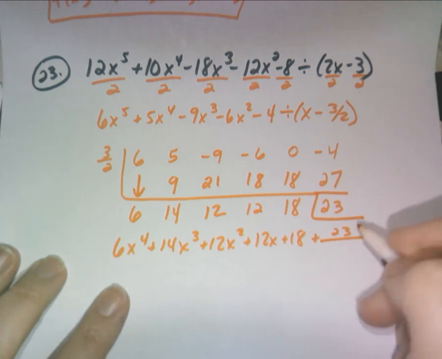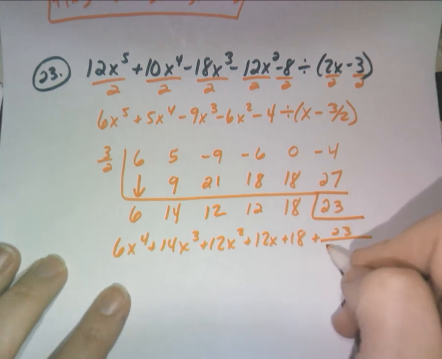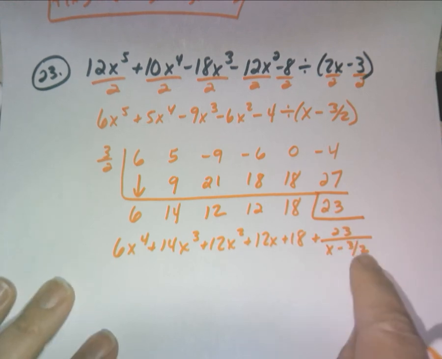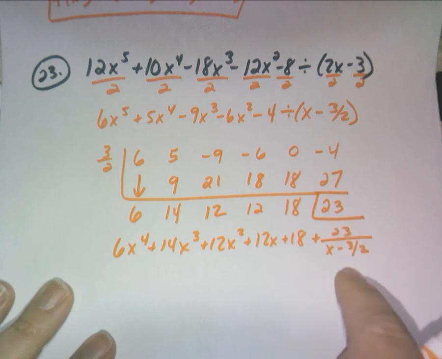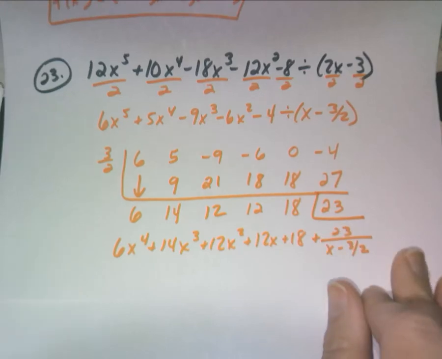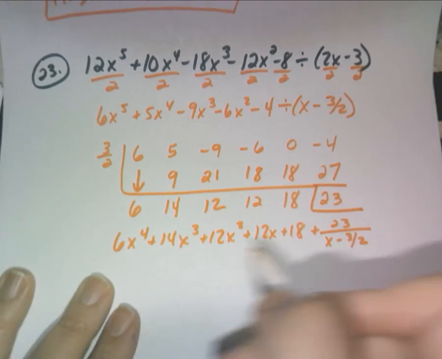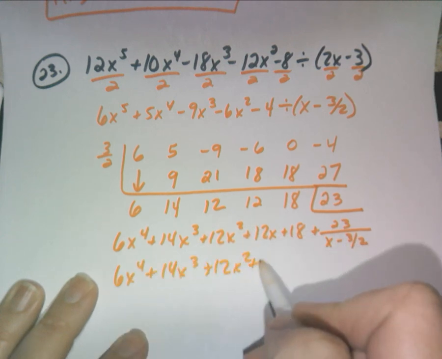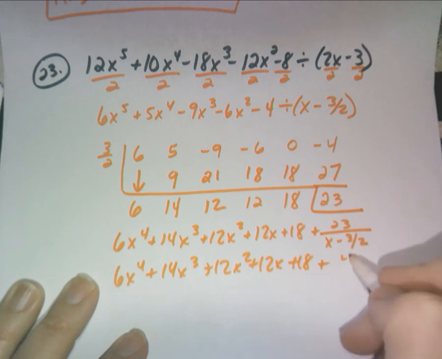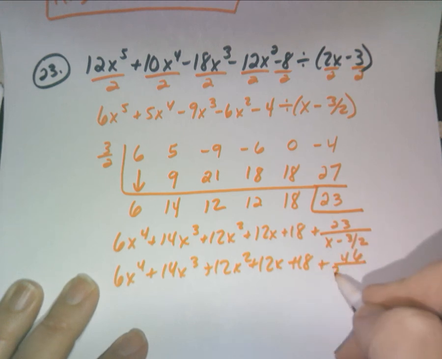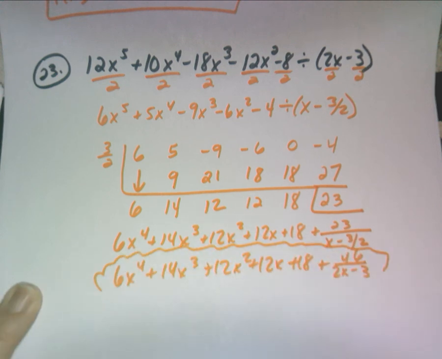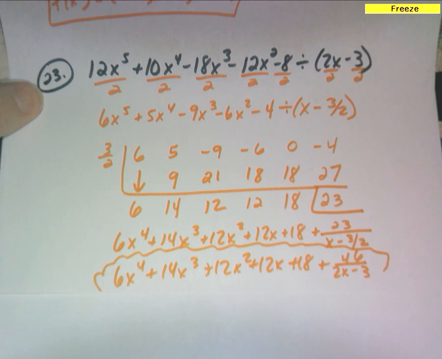over, what did we divide by? X minus 3 halves. Agreed? But in mathematics, we don't like that fraction within a fraction. So do you know how to get rid of it? Just times the top and bottom. Whatever you do to the bottom, you do to the top. So times the top and bottom by 2. So really, my final answer should be all this. Come on, Mrs. Setta, it takes forever to write this. Plus 46 over 2x minus 3. There's 23. And that's it. So tomorrow you'll